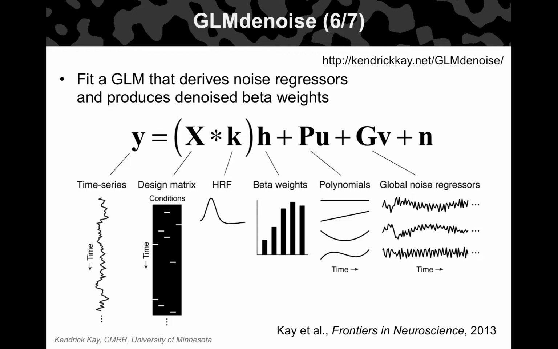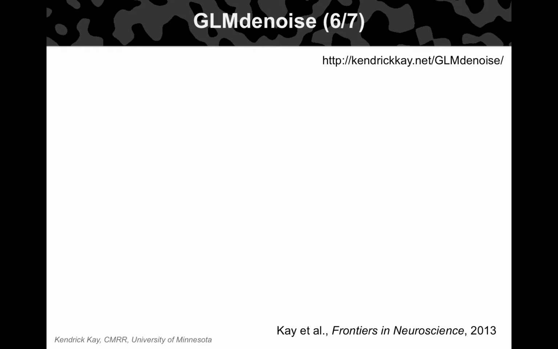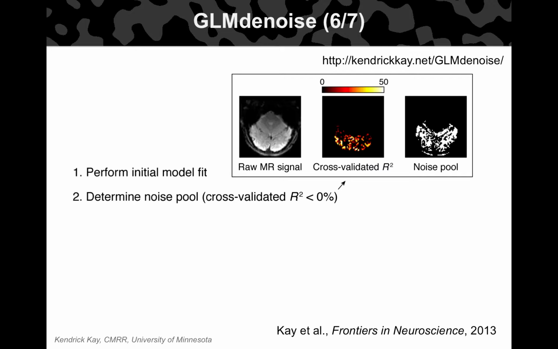One is to use external physiological monitoring to try to derive them from physiological data. In this particular technique, we use a data-driven approach, similar to ICA, but different in the details. And the basic idea is, since initially you don't know what they are if you're trying to derive them from the data, we just fit our data set without any noise regressors, and so this is just a depiction of that. So we have just one slice.